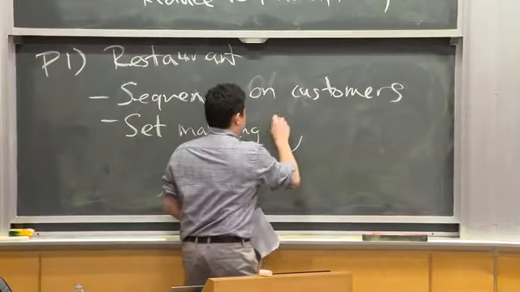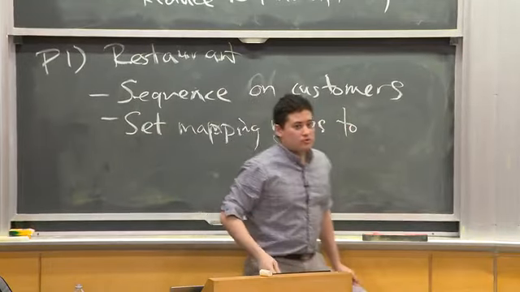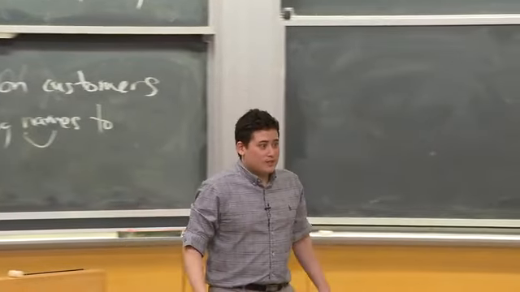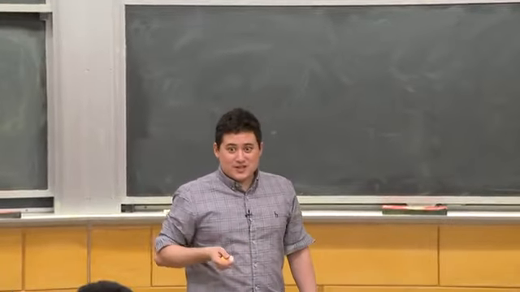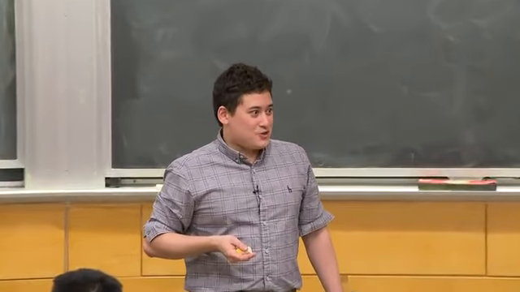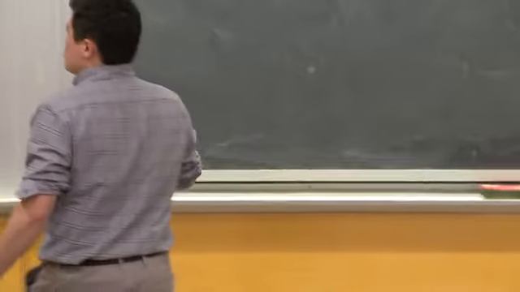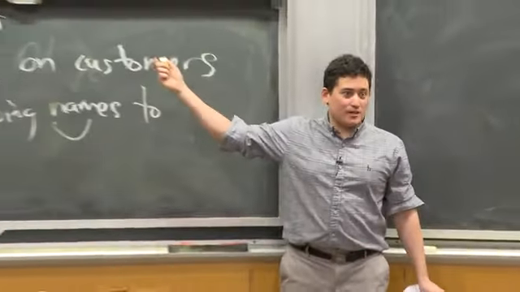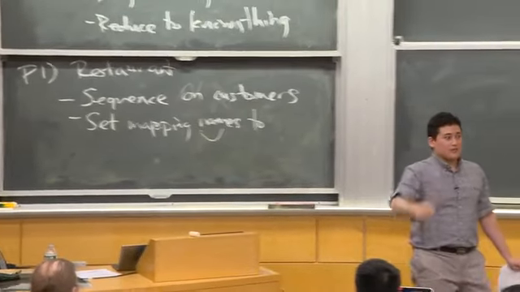Okay, so mapping, what do I want to map here? Names, to what? The time that they entered? Do I want to do that? Well, we can't exactly do it with the time that they entered, but the sequence on the customers will show what's next. I want to map it to where it is in this sequence, right? So I'll just store the index where it is in the sequence, and I can just look it up, right?